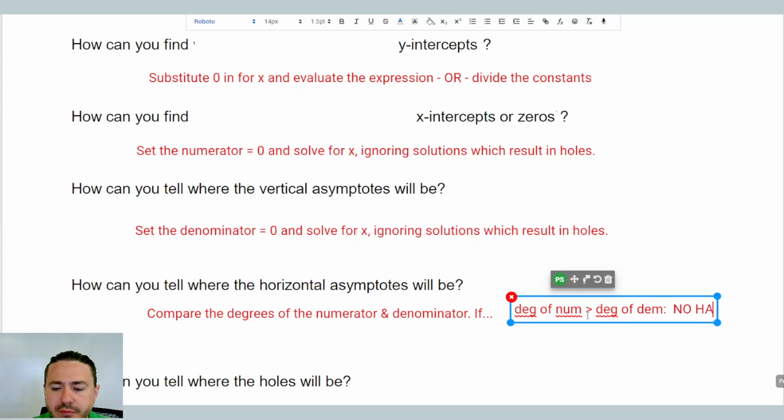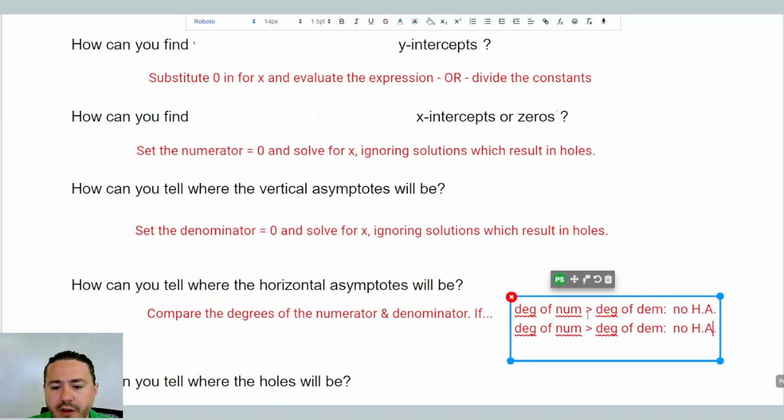I'll just abbreviate this as HA. However, if the degree of the numerator is smaller than the degree of the denominator, then the horizontal asymptote is going to be y equals 0. And if the degrees are the same,